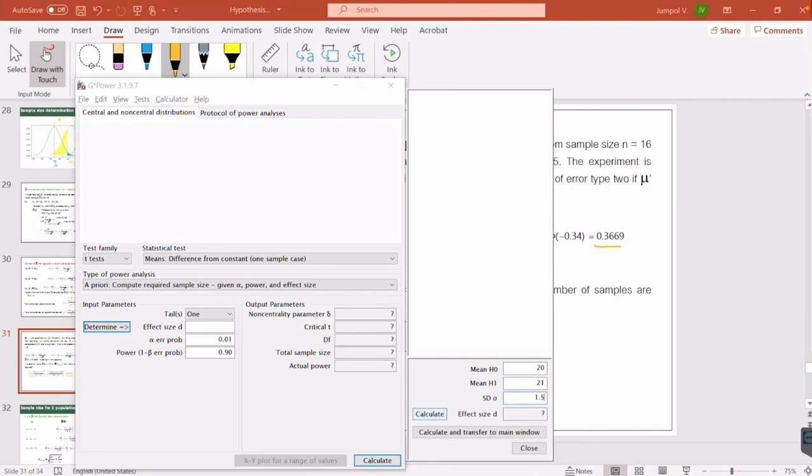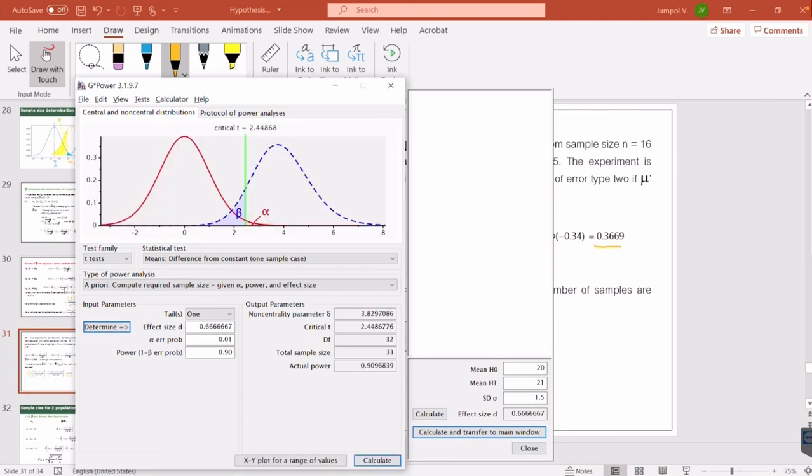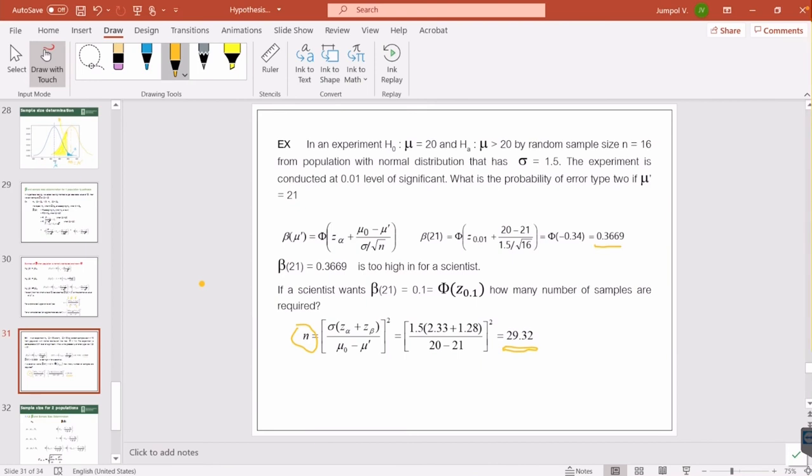Okay, so we can calculate the effect size D by hitting this calculation button, and then we hit transfer to the main window. Okay, 0.66667 is here already, and then we can hit calculate to compute the sample size. By this program, we got the sample size equal to 33, which is a little bit more than we got